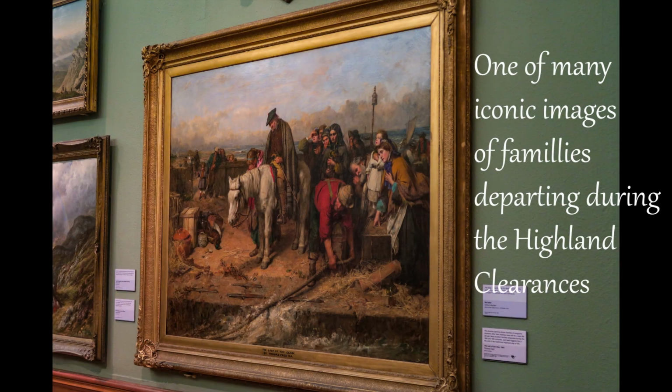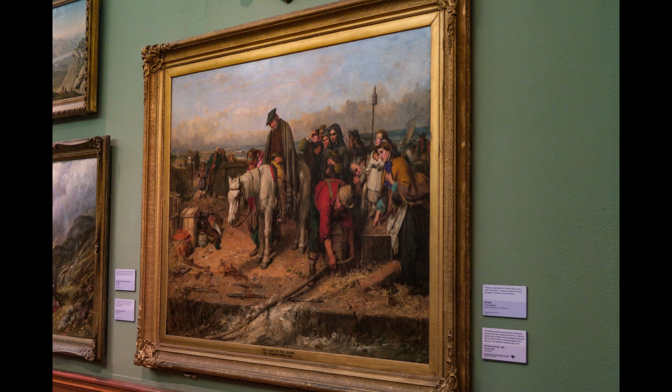Yeah, so if you wonder why there's so many sheep in the Highlands, it wasn't always that way. The population of Scotland used to be much more evenly dispersed, with the Highlands rivaling the Lowlands in terms of population right up until the late 18th century, and that is when the clearances started to kick off. The clearances in Sutherland were especially brutal. The Duke and Duchess of Sutherland infamously,